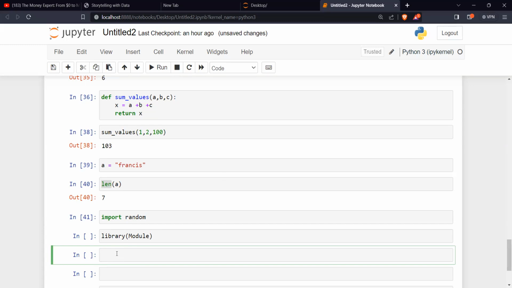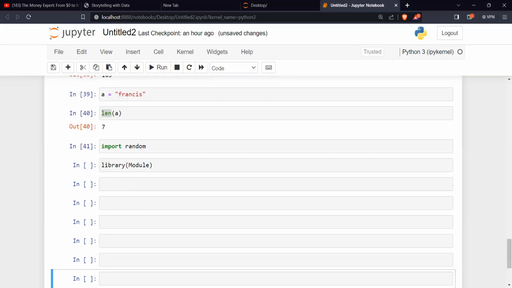You create it yourself. Yes. So it means libraries or modules are pre-written Python code. Somebody has already done it before. And this is what makes Python very unique, because it has so many libraries that people have done. You don't have to write them from scratch. You see that?